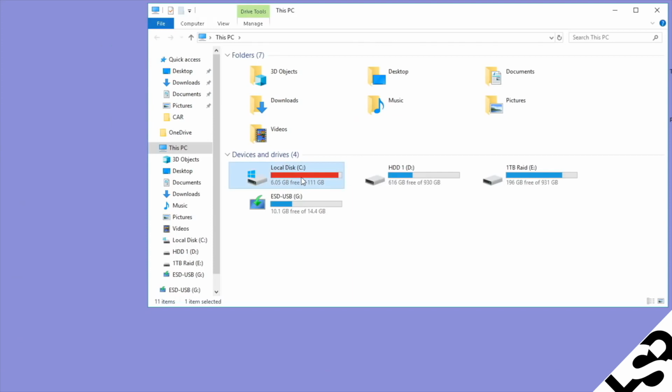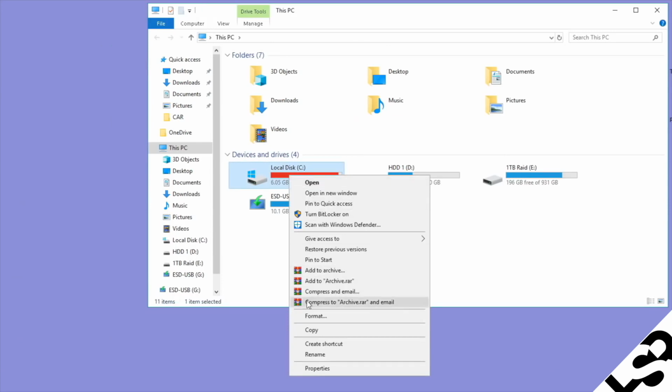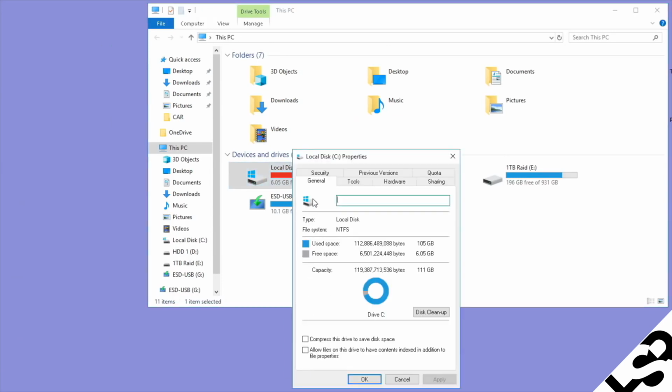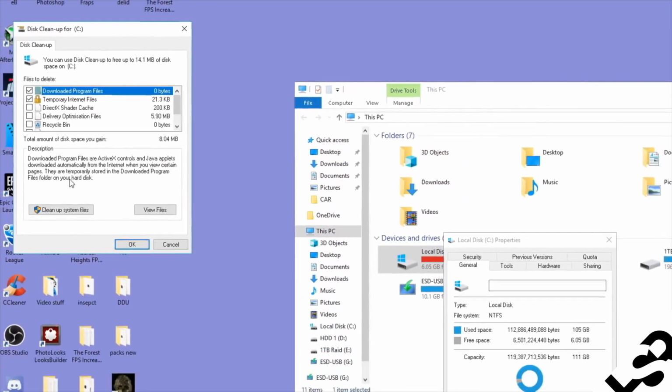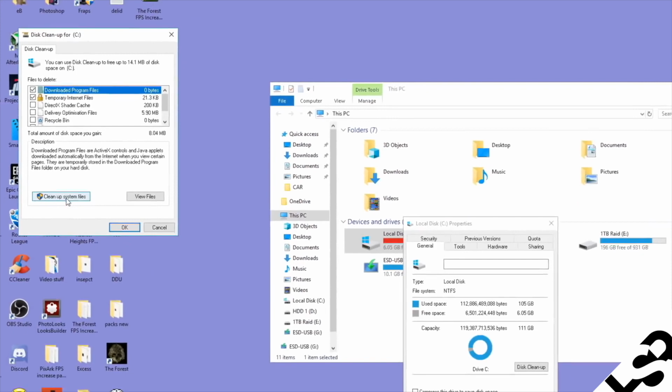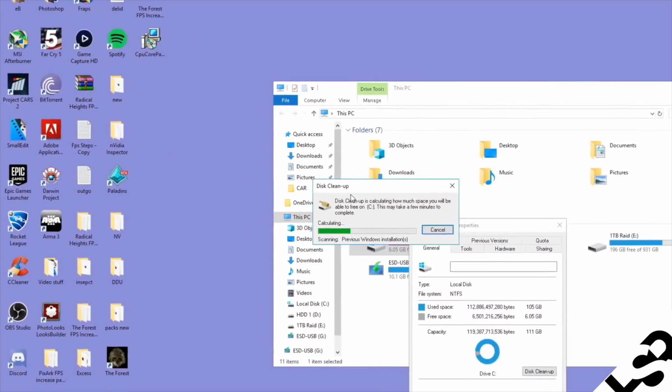I want you to go to that drive and right click on it. Go down to properties, go into general tab. Now what I want you to do is click on disk cleanup. Now in disk cleanup, I want you to go through all these files and click all of them. Okay, after you've clicked all of them, click on clean up system files, which will just clean up all these